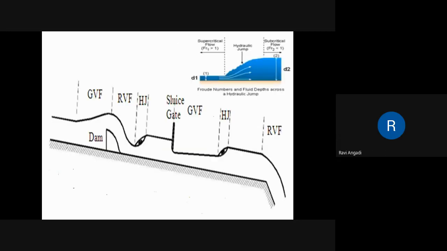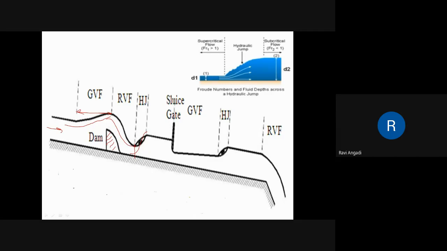Next, look at this example I am giving of where you get the hydraulic jump. Here is a dam, and the water is flowing in this direction. Before reaching the crest of the dam, the flow behind the dam gradually increases in depth. What kind of flow is it? Gradually varied flow. Suddenly it falls down. What kind of flow is it? Rapidly varied flow. Once it falls down, what is happening here? Hydraulic jump.